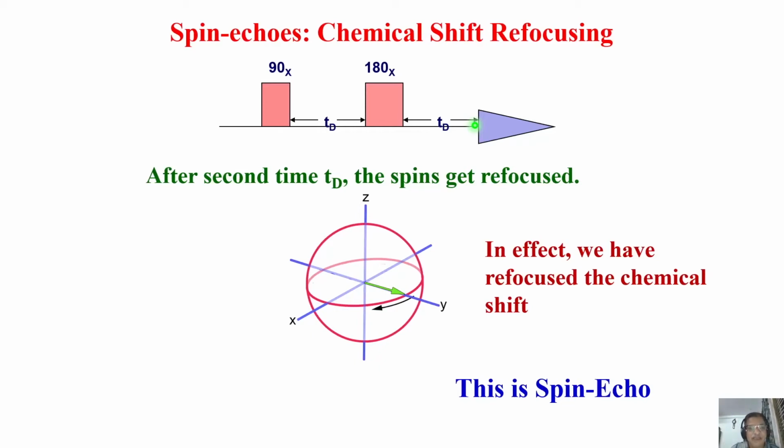Okay, so the spin vectors which were moving at different normal frequencies, one moving faster, one moving slow, like that, get inverted as soon as I apply a 180 pulse. Simply turn it from minus y to plus y. Spin labels get interchanged. They start moving backwards and refocus at the same point where they started, and they are all in phase again. The dephasing, the decoherence disappears. They all come back to the same phase. This is what is called spin echo.